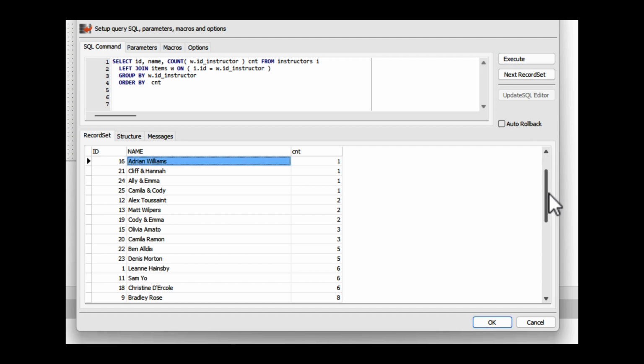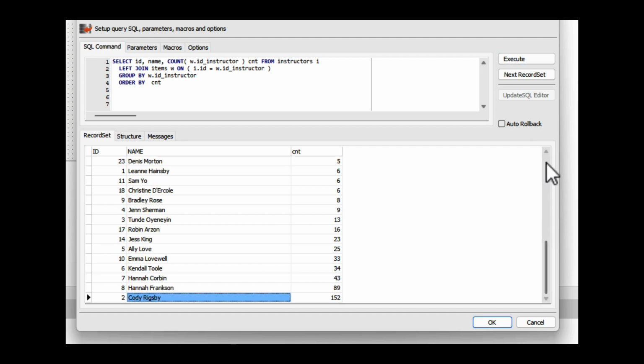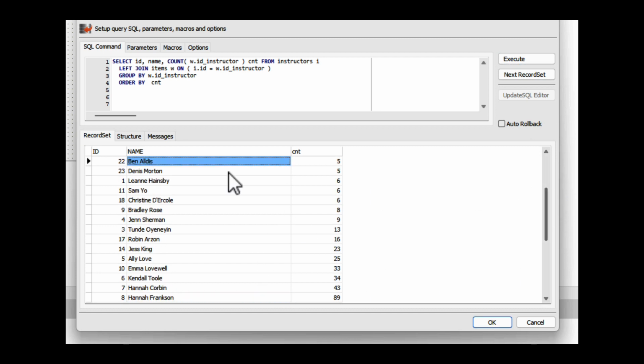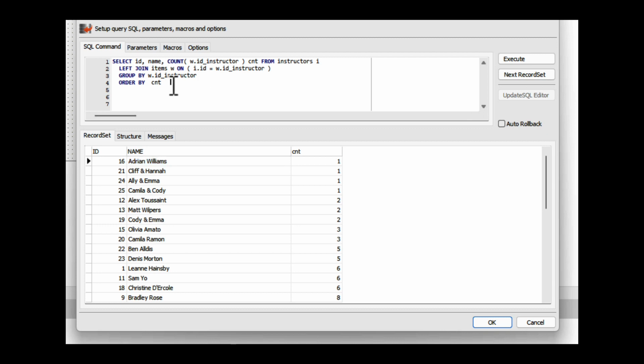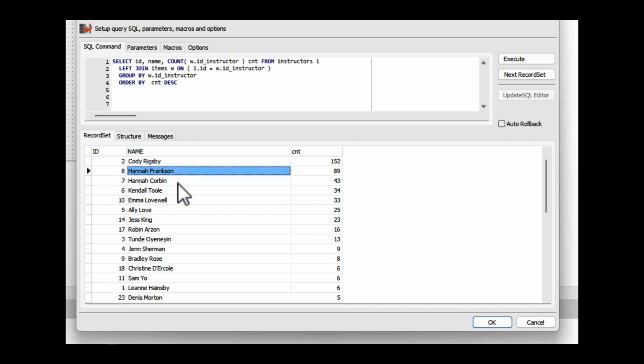This is not what I want, because that would mean right now in my report, I would have the one with the least classes first. That is counterintuitive to me. So I want to order it the other way around. So I'm going to say descending. So I start with the highest number, and you can see this is my favorite instructor, second favorite instructor, third,